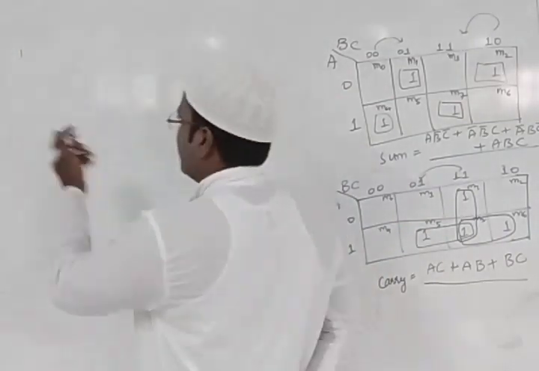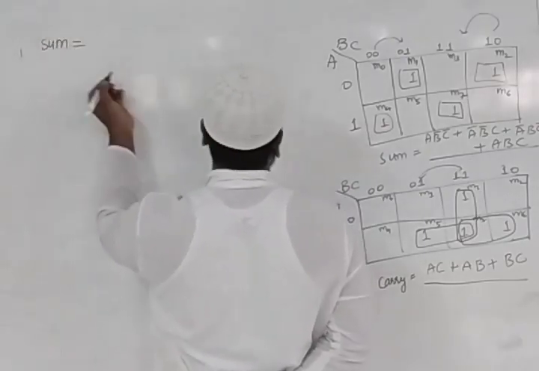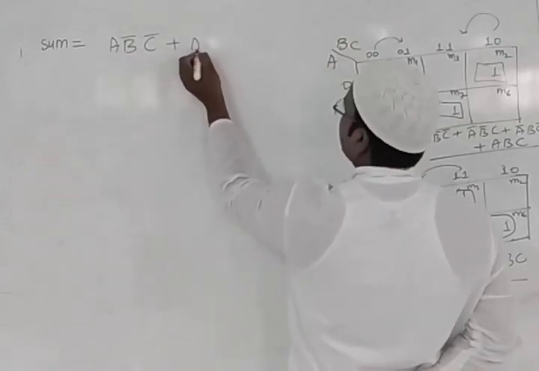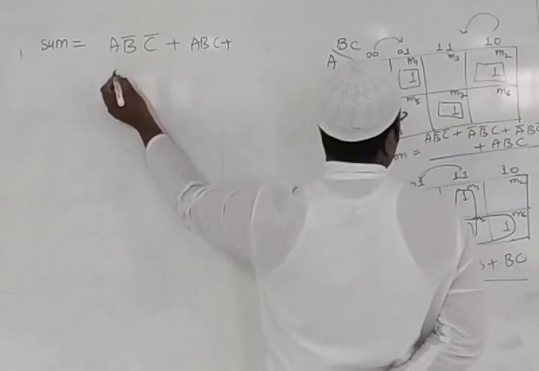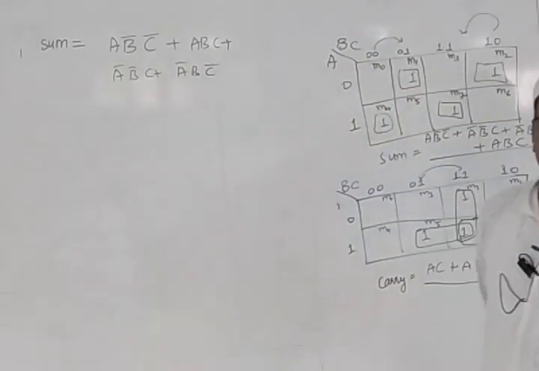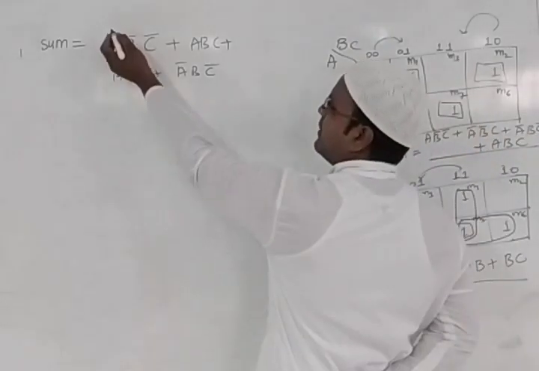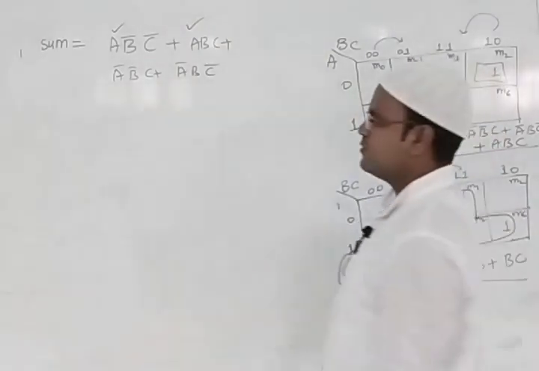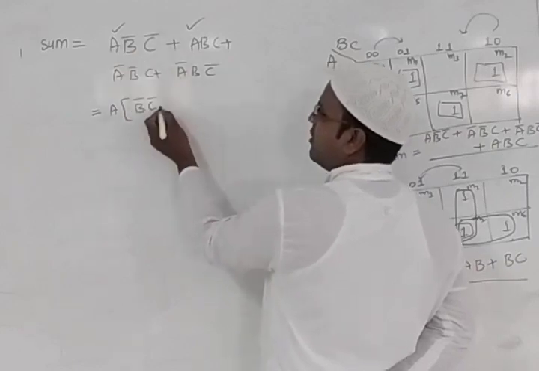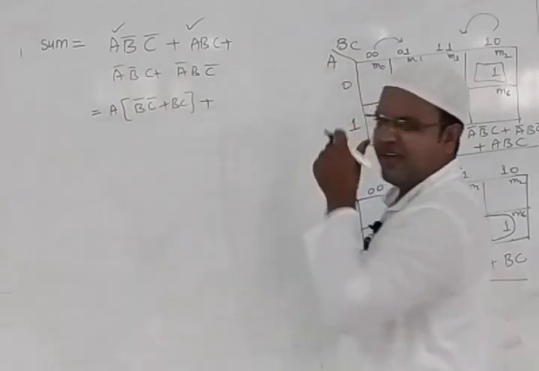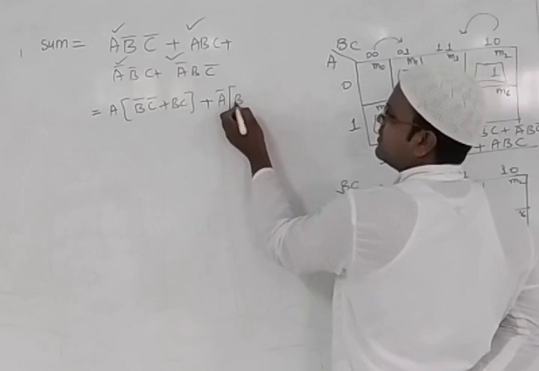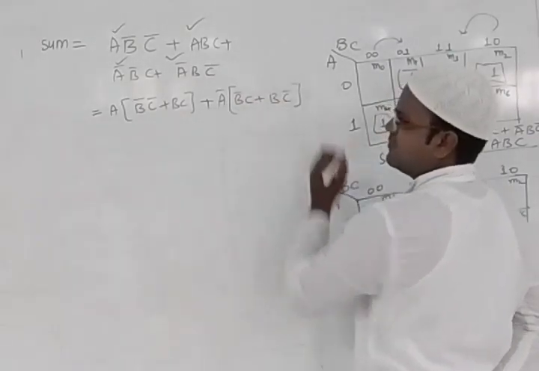Sum is equal to A, B complement, C complement plus A, B, C plus A complement, B complement, C plus A complement, B and C complement. So we do have this value, students. What we are doing, we can take A common in both. So I do have A common. What I got is B complement, C complement plus BC. Similarly, in the first two, I can take A complement common. In these two, I can take A complement as it is. So here we got B complement C plus BC complement. So we got this.